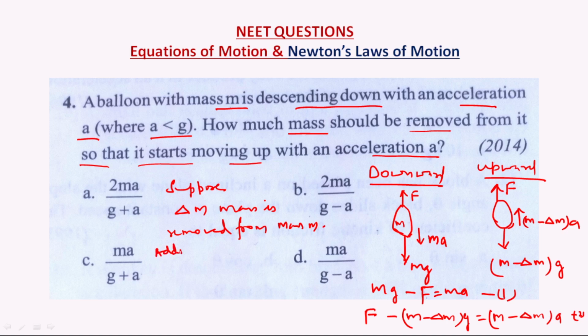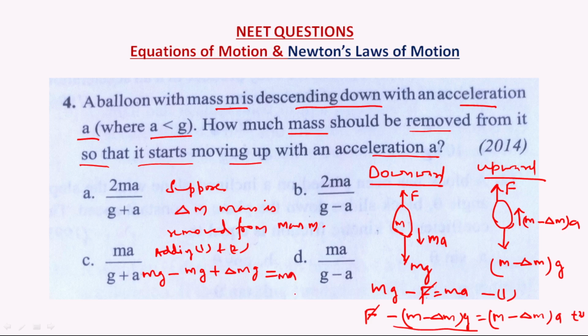Adding 1 and 2, this F will get cancelled. When solving, this one will become minus mg plus delta m g on the left, and on the right ma